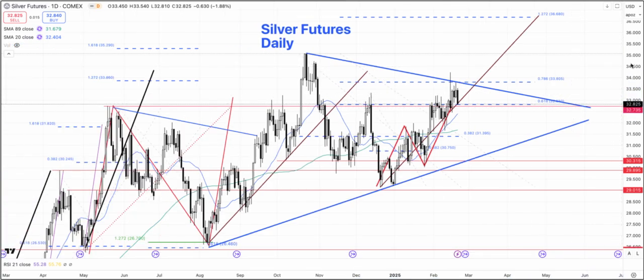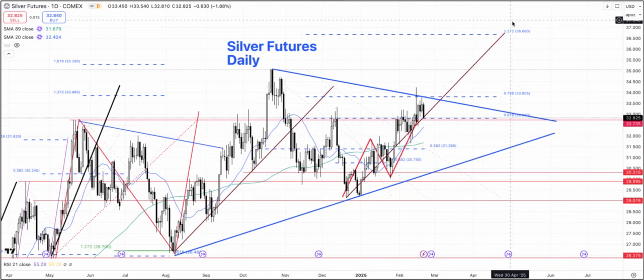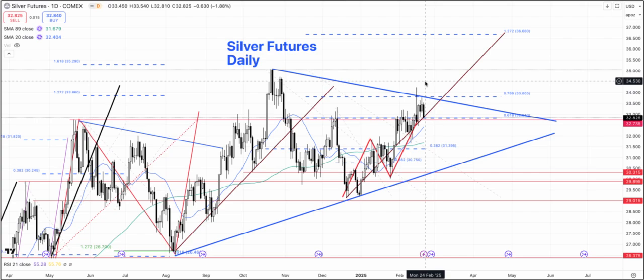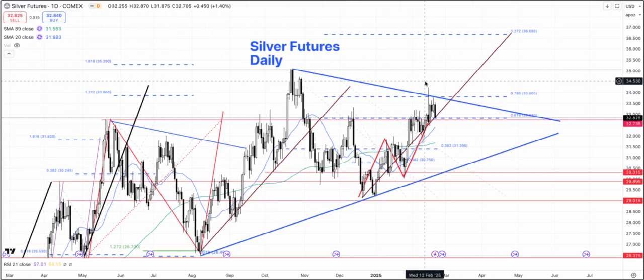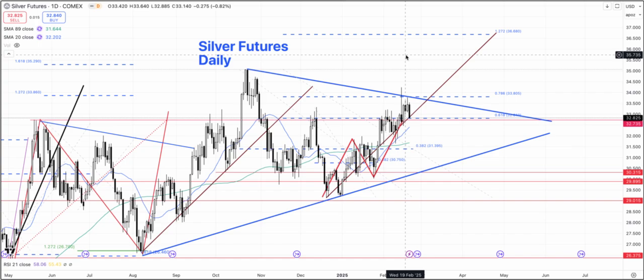So whether it is in this ABCD move higher, so we could see 36.68, or whether it's finding a lot of resistance right here and it could move back into the range. I think the breakout of this triangular pattern, these dynamite triangles, as they like to call them, we'll have to wait and see. So we have to be a little bit patient, but it looks more bearish because of this candle price action and these candles being essentially inside this range.